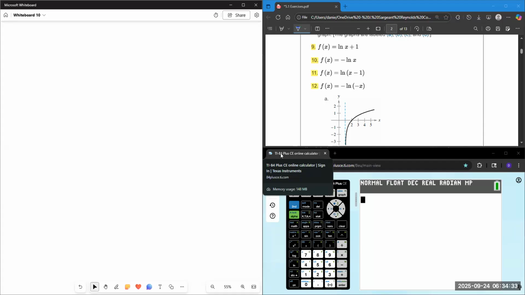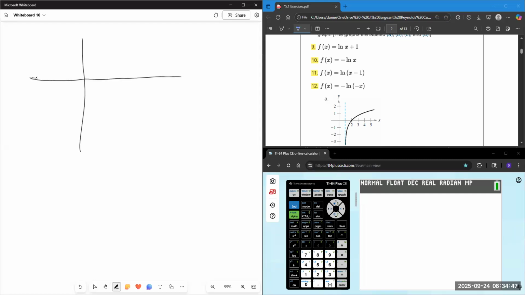Let's start with some pre-calculus review of the natural log function before we get into differentiation of the natural log function. So these first few problems go back to transformations of the natural log function. Remember, the parent graph for the natural log function has a vertical asymptote at x equals 0 and has an x-intercept at (1, 0), and it is